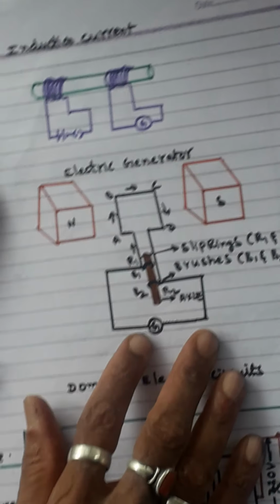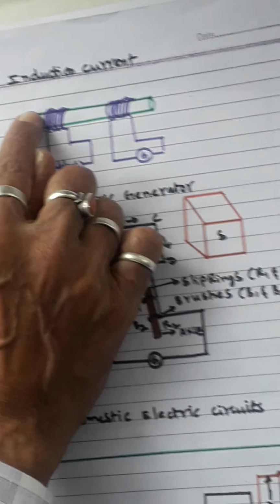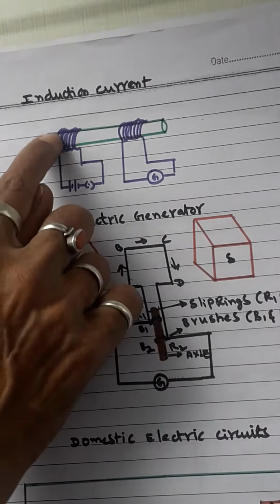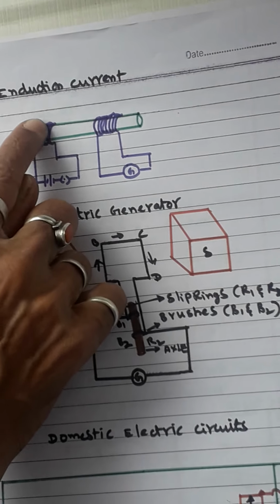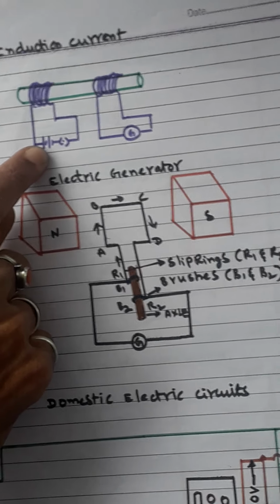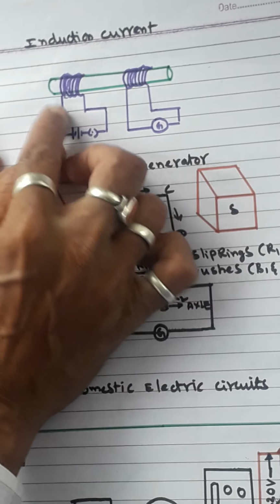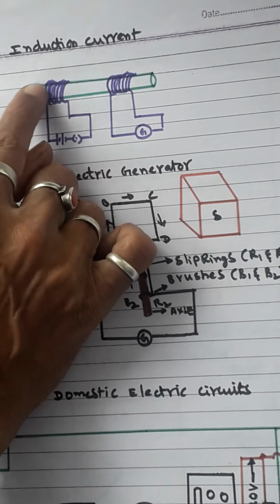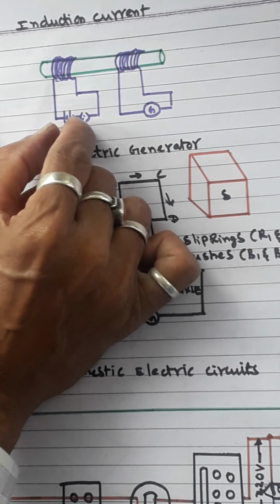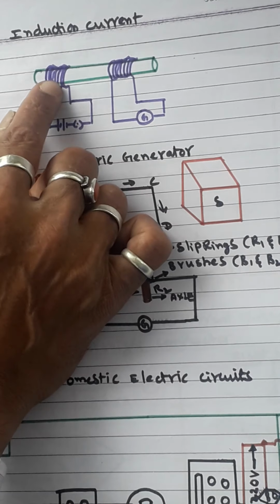Okay. Next, let us see about induced current. What is meant by induced current actually? Now you have to take a soft iron core again, and wind insulated copper wire on one side and on the other side also. One side you connect to a battery, with a switch also. As you pass the current, it produces a magnetic field. Here you have to change that current frequently, because if there is no change in current, the magnetic field never changes, it stays constant.